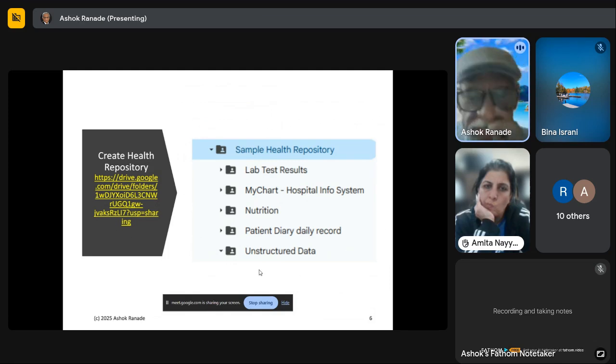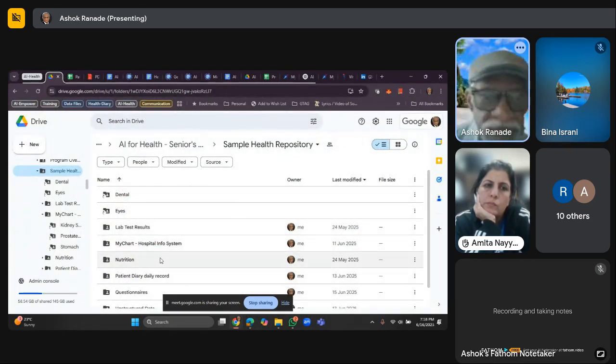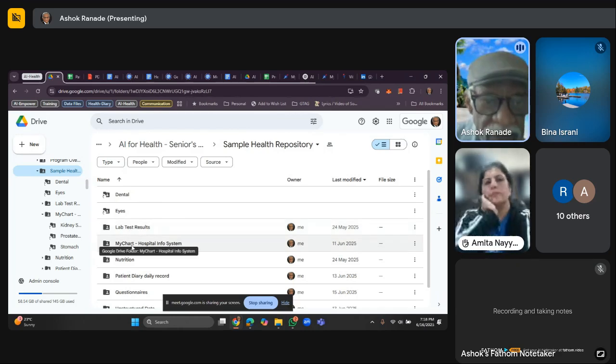The next thing is you create a repository for that. For creating a repository, I have given here a sample of how I have created this repository. I'm going to show you quickly. Here is a repository which has all data related with my health. Of course, out of that I've taken only some data here, because I just wanted to give you a sample of what you can have. So there is data related with dental, eyes, then lab test results, then from the